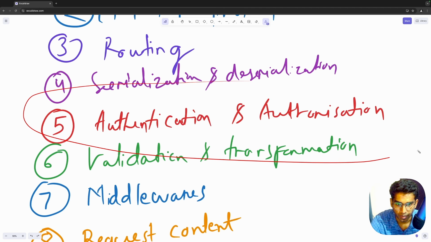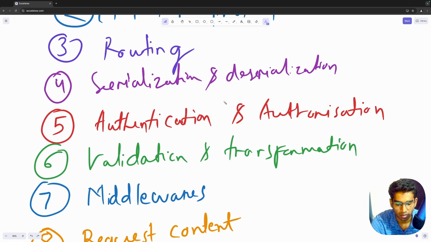Then we'll move to authentication and authorization. Why do we use it? Different types of authentication like stateful, stateless. We have basic authentication, bearer token authentication. We'll look at sessions, JWTs, cookies. We'll deep dive on OAuth protocol and OpenID Connect. We'll see how API keys work, how multi-factor authentication works, what is salting, hashing, and different cryptographic techniques used.